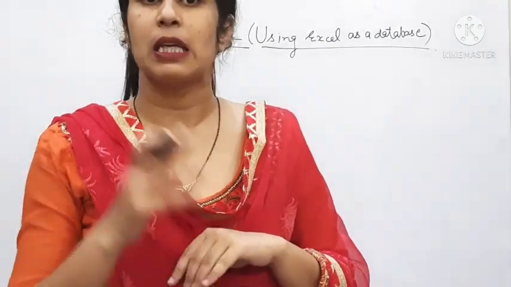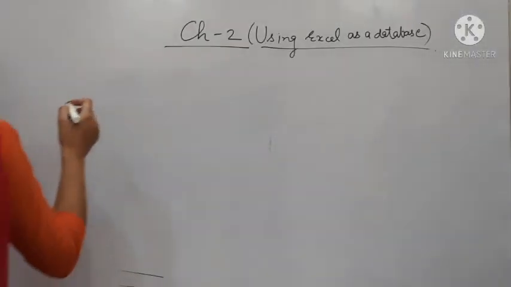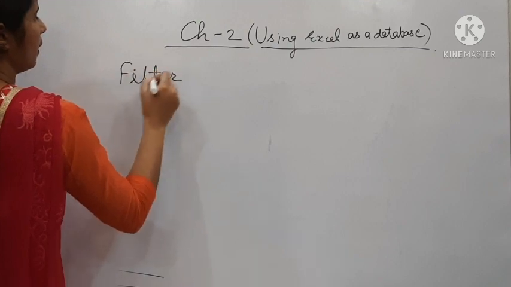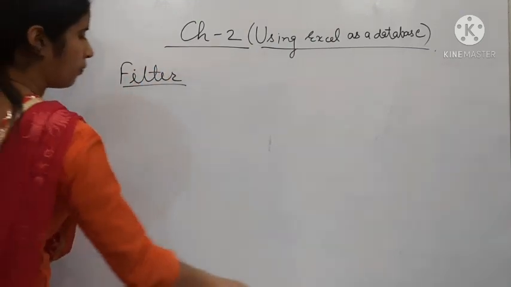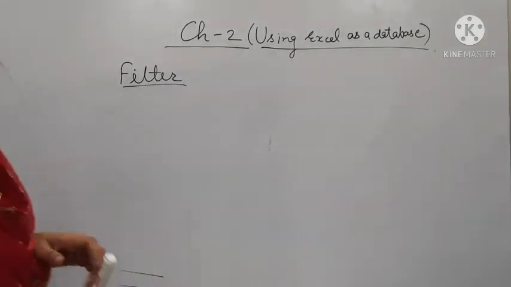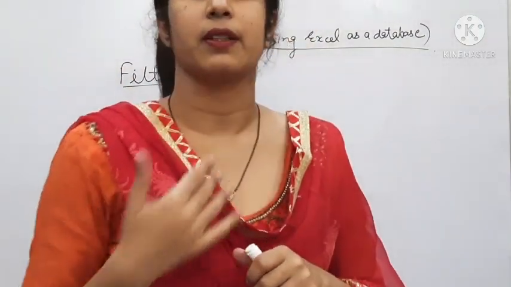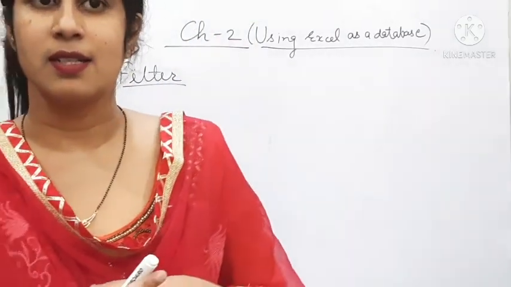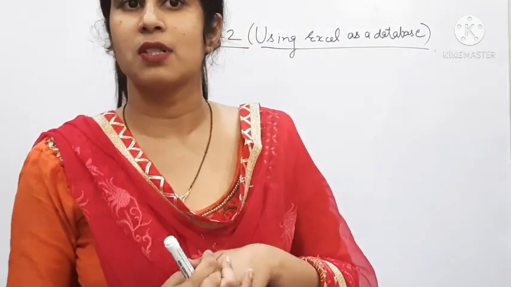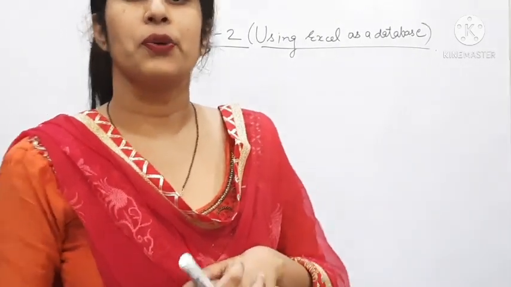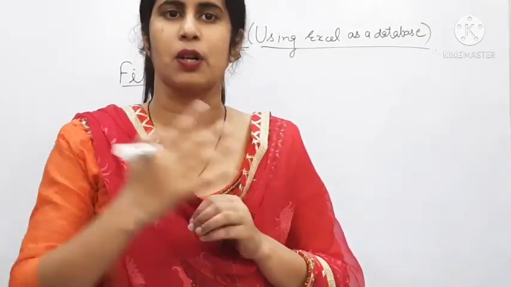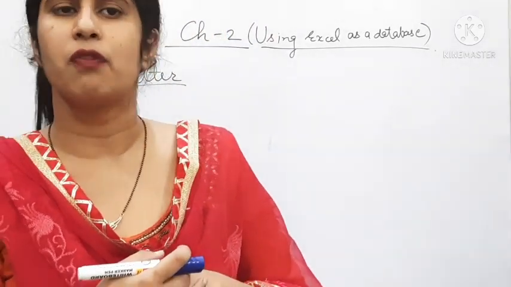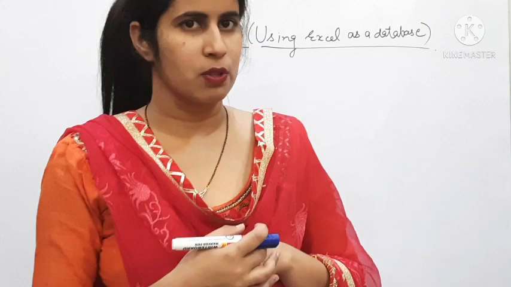So the first topic is filter. What is the first topic? The first topic is known as filter. Now, the word filter is not a new word for you all. You all use a filter. How? At your home you have a filter, isn't it? So why do you use this filter? Actually you use this filter to purify the water. What is the use of the RO filter? Reverse osmosis. The full form of RO is reverse osmosis.